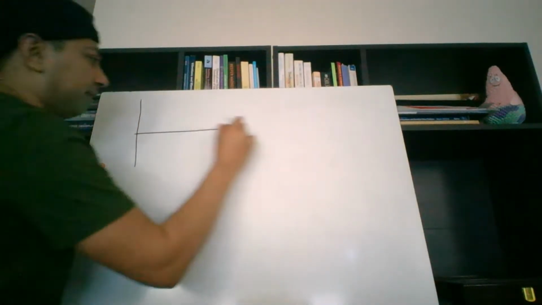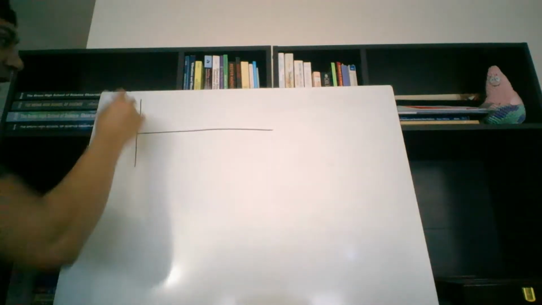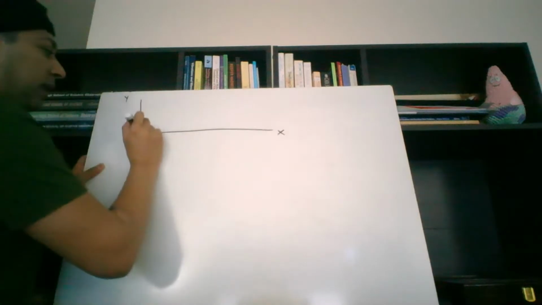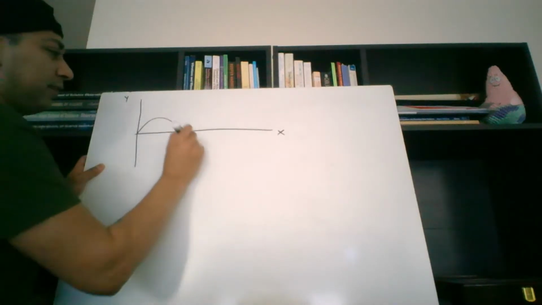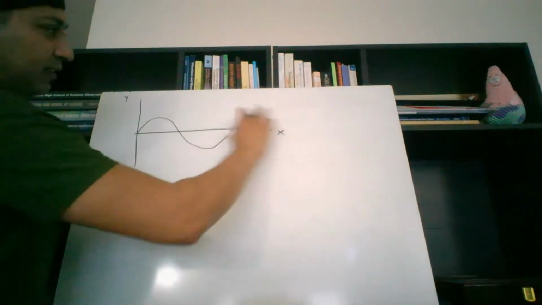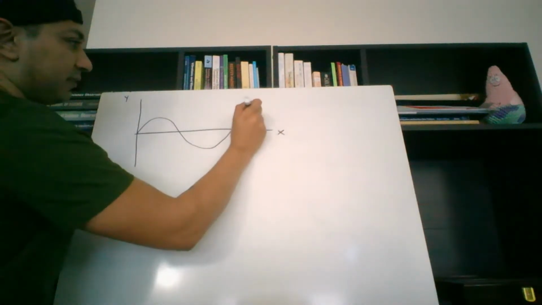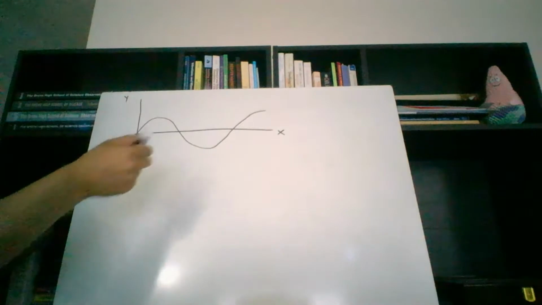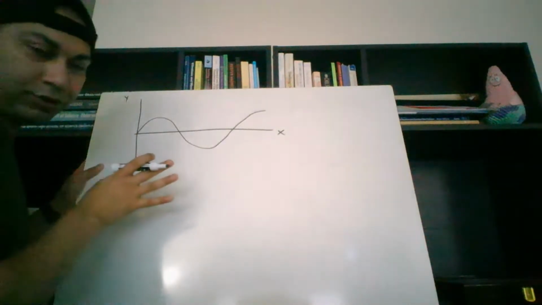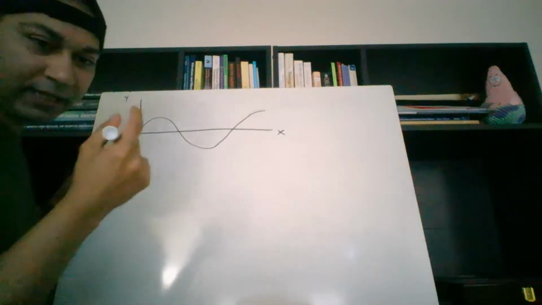We will draw our graph here, y, and then x over here, and then we have our traveling wave. It's going all sorts of different directions here. Is that the right size? Yeah, that's about the right size. Okay, so we've got our standing wave here, and what I'm going to do is look at